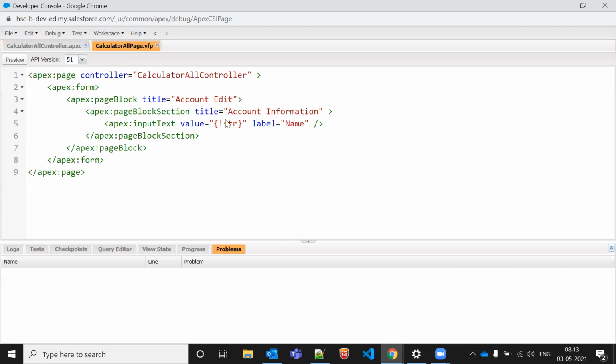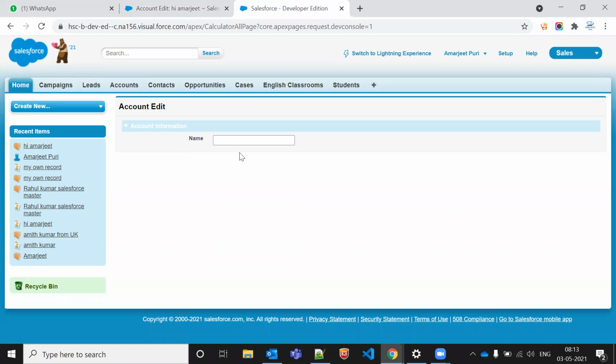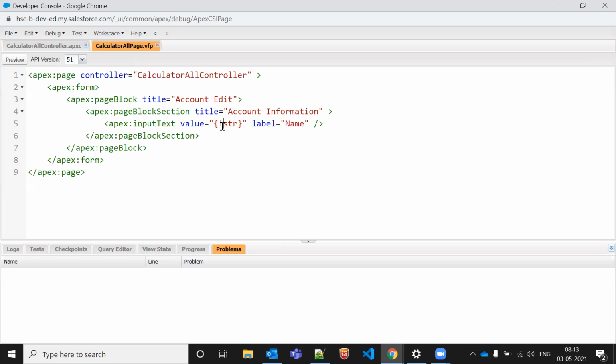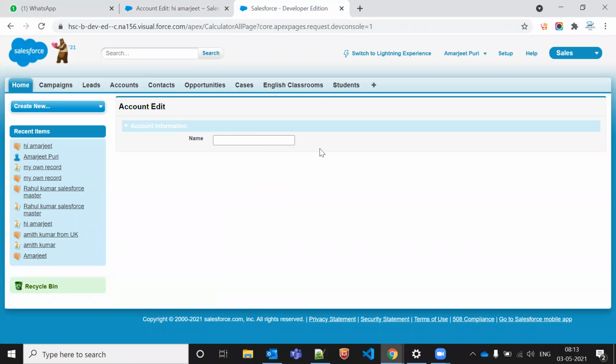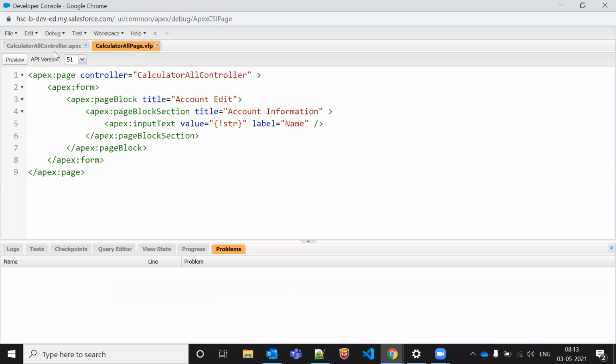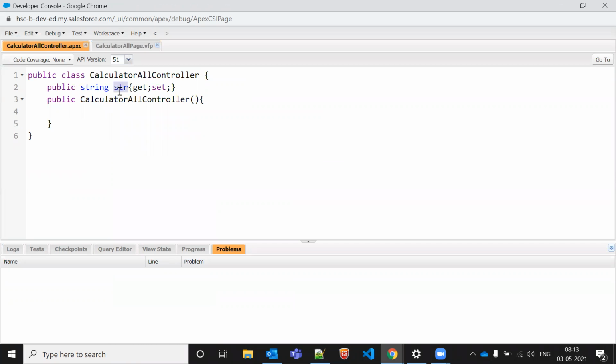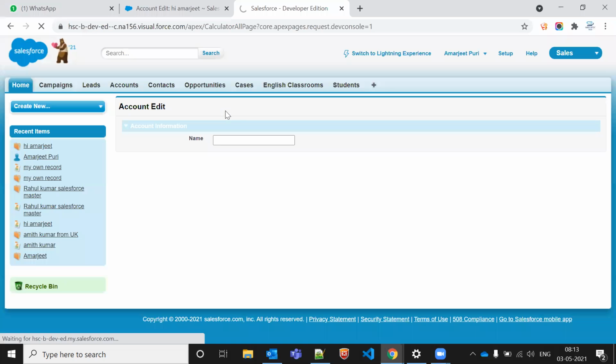Now let's see the result. It is showing name because we have added this input text here. Inside this name, if I want to save something by default, I want to give some functionality. So once my constructor is loaded, this will automatically be displayed on the input side. I'll say, hi, please enter some value. So by default, it is showing hi, please enter some value.